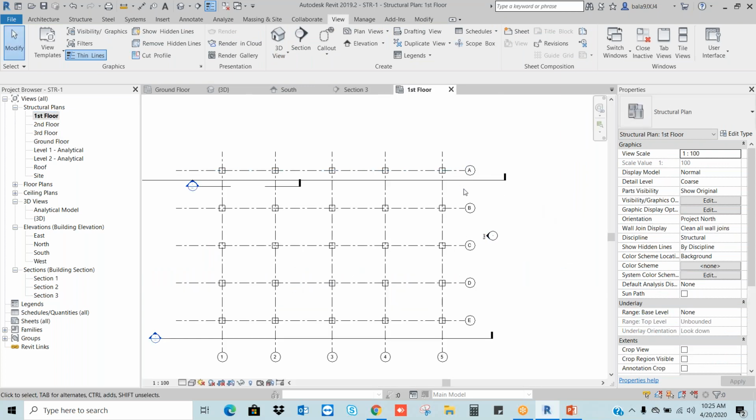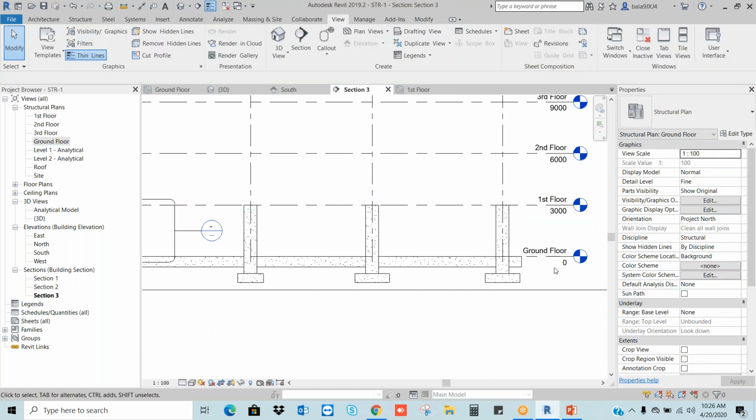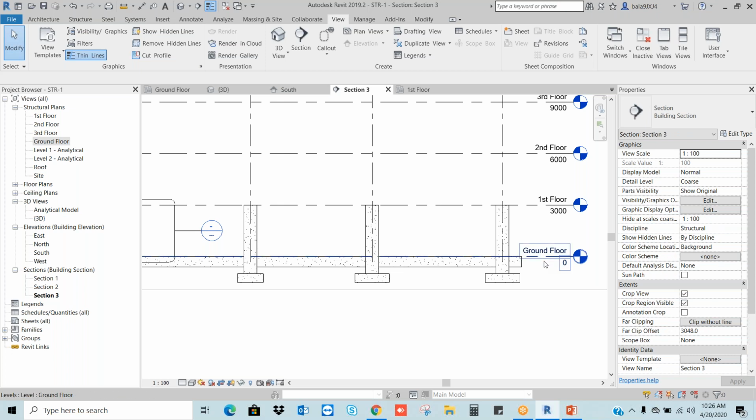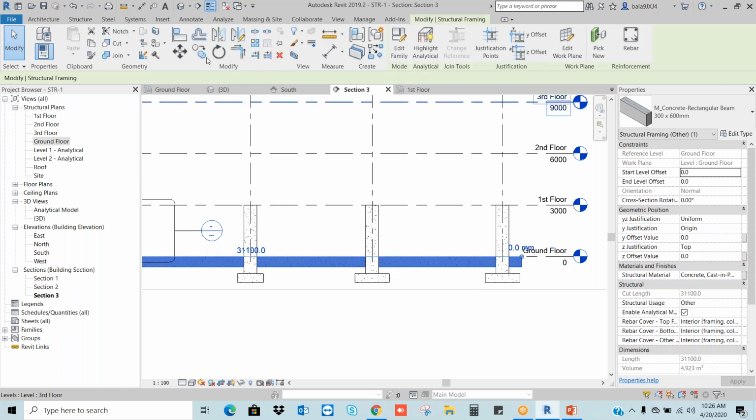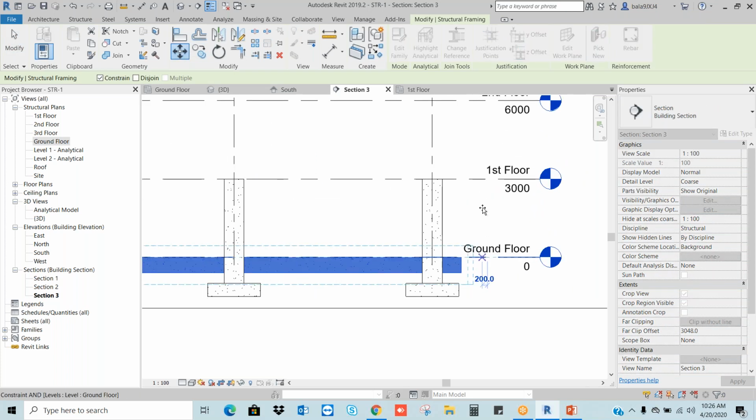Why? You can understand. When you draw the beam in the respective level, it will go to the below level. Or you can directly select it in the section, go to move, and move it to the top. See, I'm trying to move top, but I am unable to move here because here we have the constraint option. Constraint means straight. Yesterday we discussed ortho on, ortho off. If I remove it, I can make it.